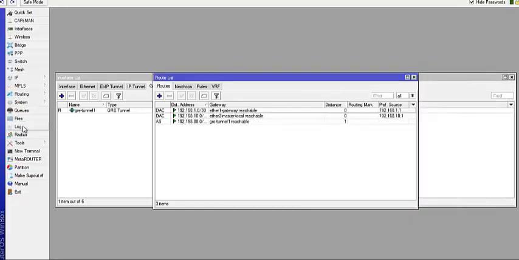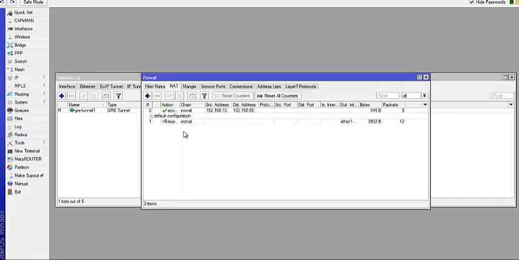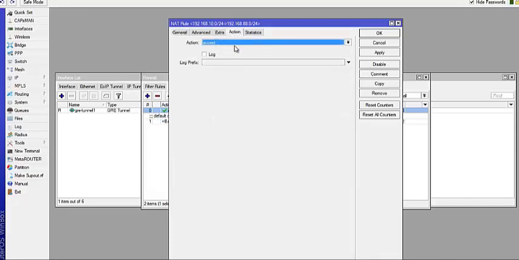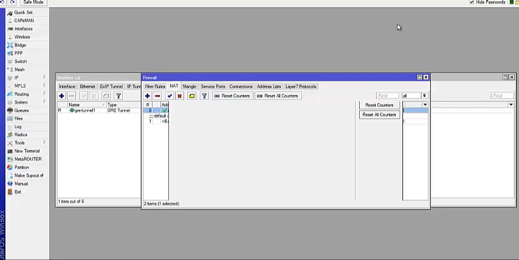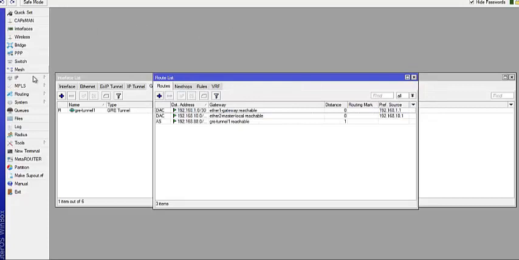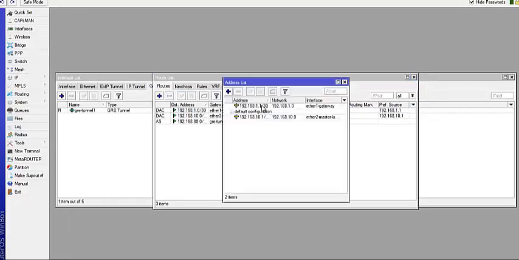Then finally, I'm going to come to IP firewall and then I'll go to NAT. So over here, I've actually entered that same command. So your source network is your local network here, which is 10.0, going to the remote network, which is 88.0/24. And then the action should not be masqueraded. It should be accepted the way it is. So having done that, make sure it comes before the masquerade rule.